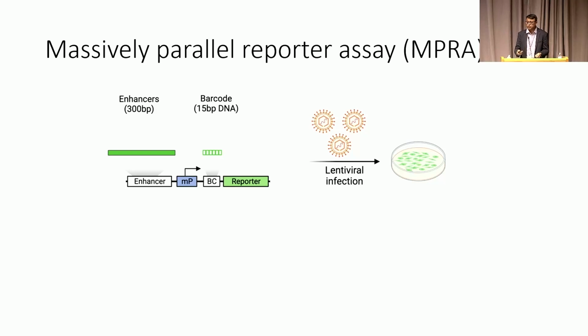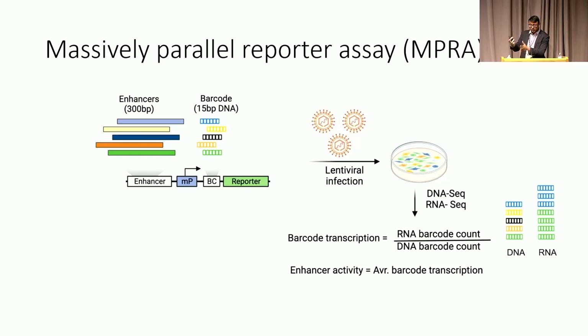Now we can multiplex the whole system. We can clone in multiple enhancers together with their own unique DNA barcodes tagging them, and we can make these pooled libraries of reporter constructs, and deliver these reporter constructs into target cells of interest. And once we deliver these reporters into target cells, then we can look at the RNA and DNA expression in these cells, and by just counting the barcodes,